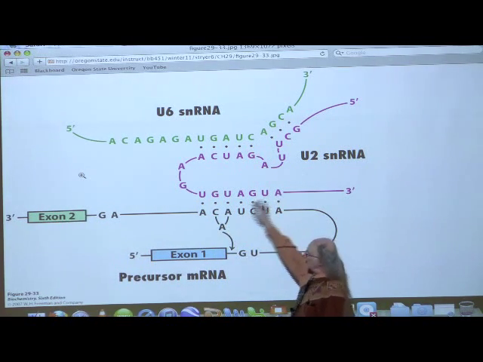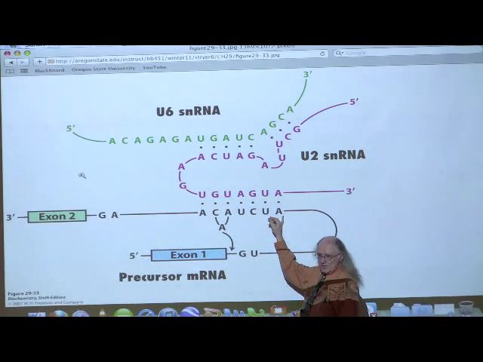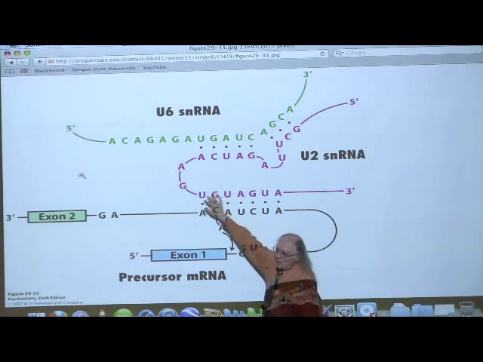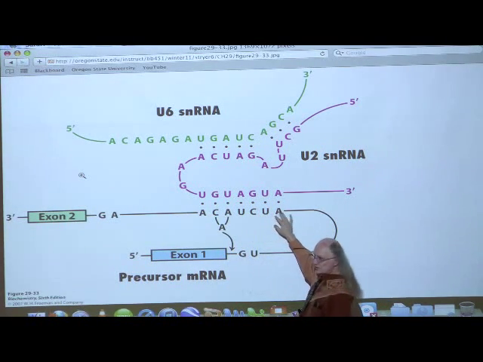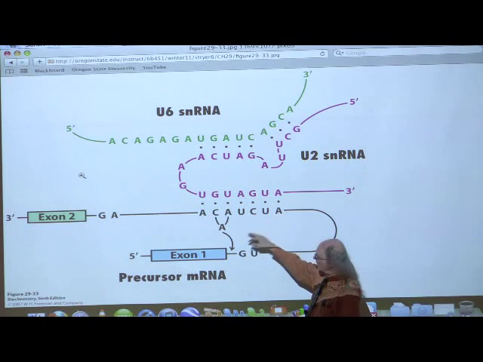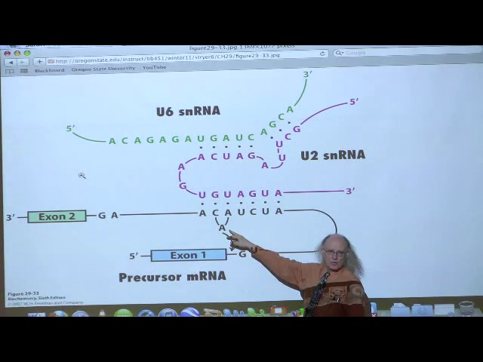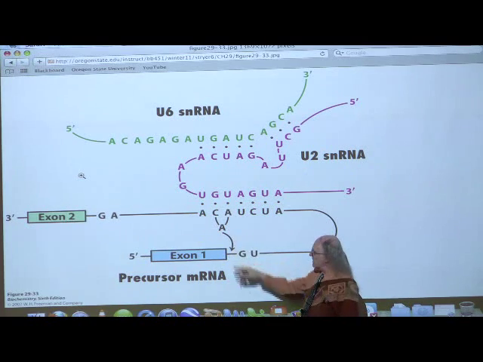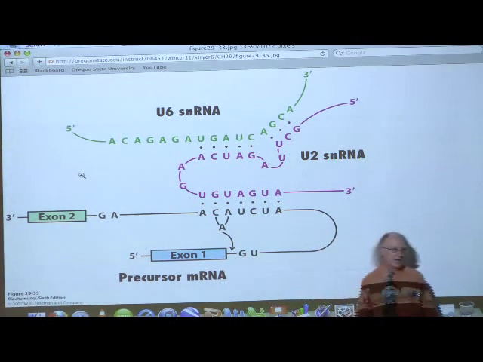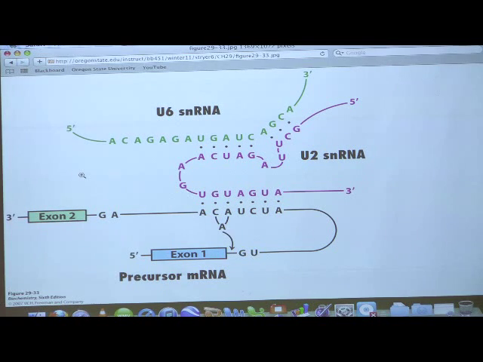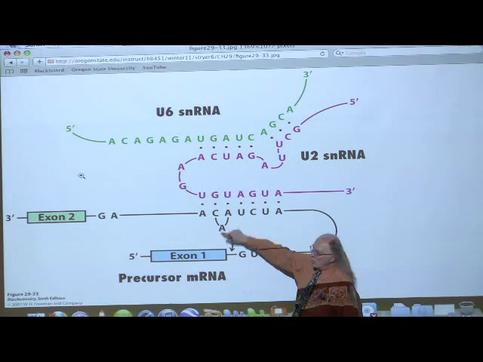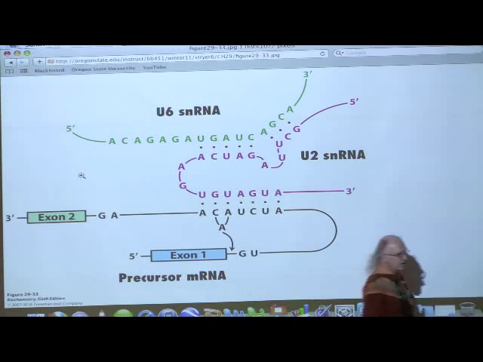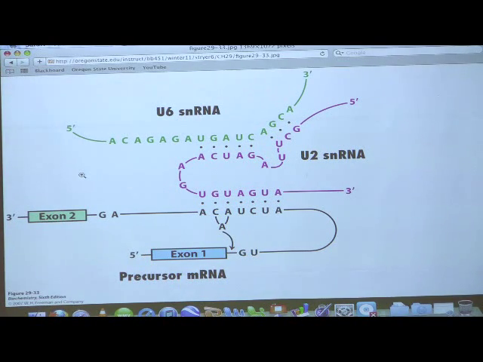And if you look at that and you look at the consensus sequences for it, what you discover is that base pairing the U2 snRNA to the branch region causes this A to stick out like a sore thumb. This A is the one that is going to attack that phosphodiester bond at the 5' end of the intron. So this guy is sticking out of here like a sore thumb. There's no question which one is going to react. It comes and reacts at that point and makes that attack on that phosphodiester bond.